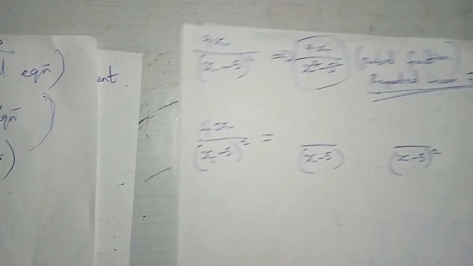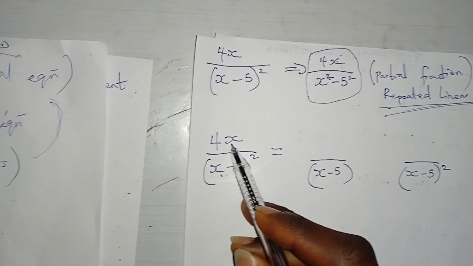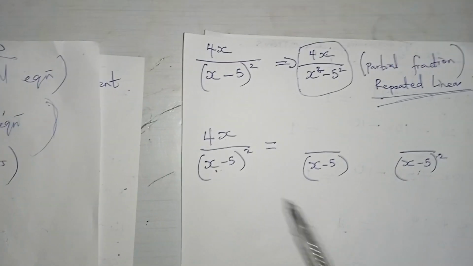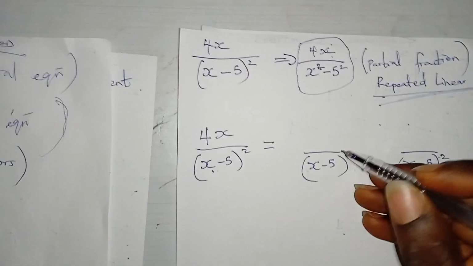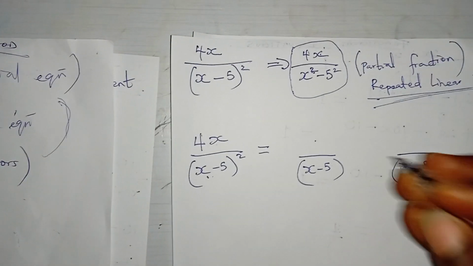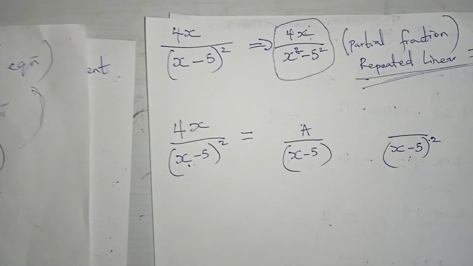Now, if that be the case, this is 4x, and you know that what I have here will be the same as saying A, and what I have on this part will be